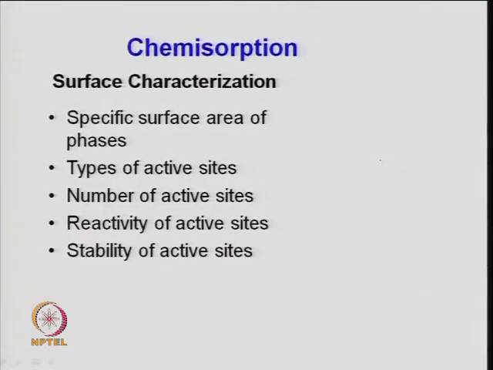now I am talking about chemisorption. It means some reactive gas comes and adsorbs on the surface of the active metal. So far, the adsorption is throughout the surface, whether there is active metal or not, adsorption will take place because it is the condensation of the gas molecule, and that is physical adsorption. Here what we are talking about is specific in nature: only a reactive gas will adsorb specifically on a surface which is active for that gas.